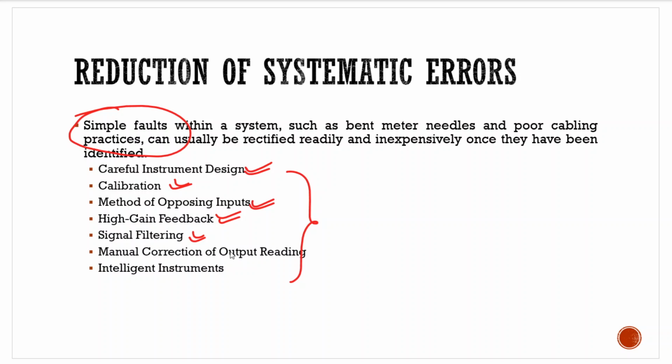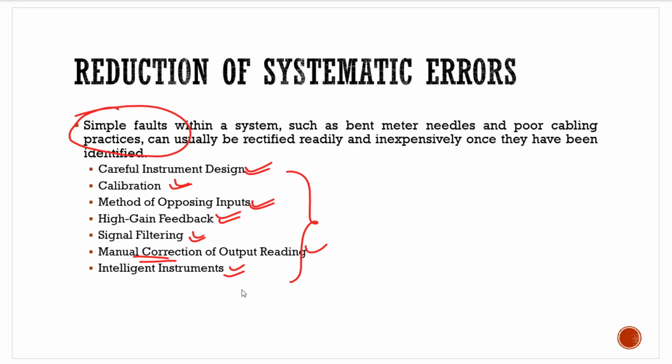Fine. Also, we can go for manual correction of output readings. We may know that there is some constant steady state error in the output value. So we can go for manual correction. We know that there is a constant steady state error of 2 units. So we can accordingly adjust the corrections in the output readings, or as also described earlier, that we can nowadays